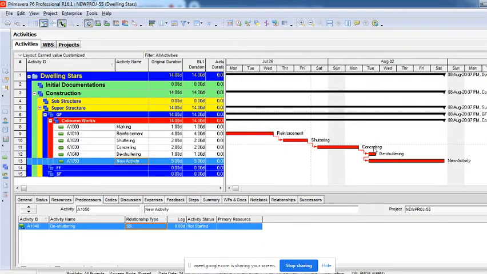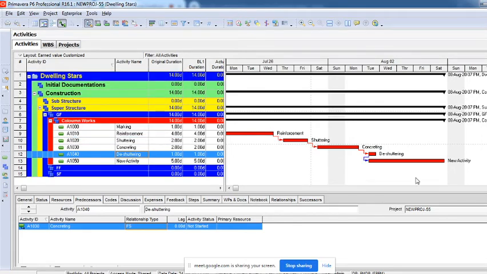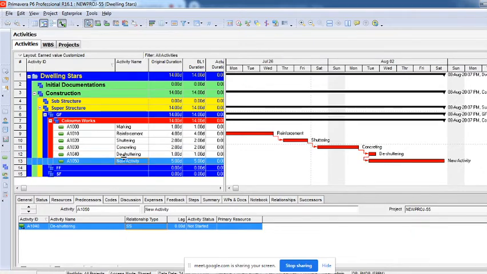Now if I want to give a lag, I can double click here in between the links also to edit the relationships, or else if you just want to follow the traditional way, you can click on this activity. I want a lag, in the sense a delay. You can see here there's a 0 right now. I'll make it 1. You can see here it is getting increased. Both the activities are start to start, but with a 1 day delay I'm starting this new activity. If you give it only 1, it is increasing, right? I'll make it 0. It's start to start.